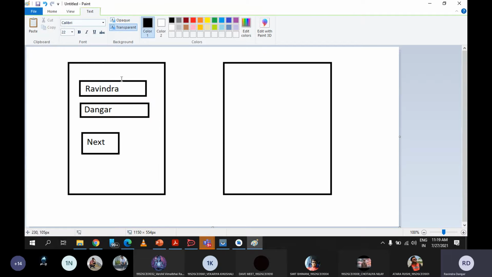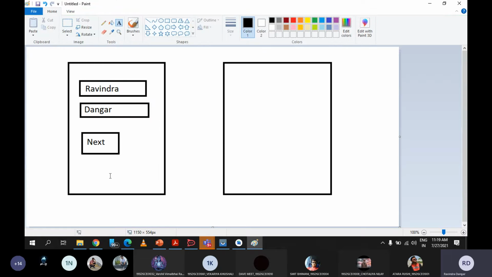Once I write something in the edit text and when I click on this button, it should go to the next activity, and inside the next activity, there could be two text views or two edit texts, or we can display it as a toast message, whatever you want to do. But ultimately, I want to send this data to the second activity. So in this activity, let's say I am having two more text views. Here I want to set this text, whatever text the user gives in the first activity, I want to write it in the second activity. This is what we are going to do. Is it fine?